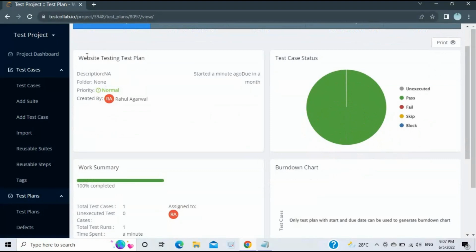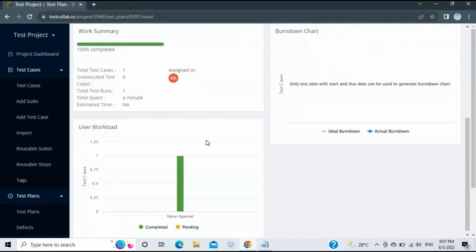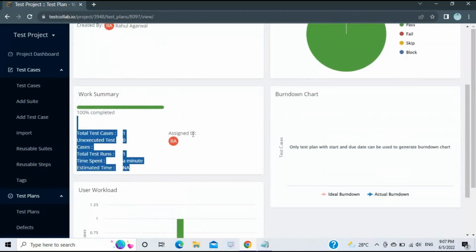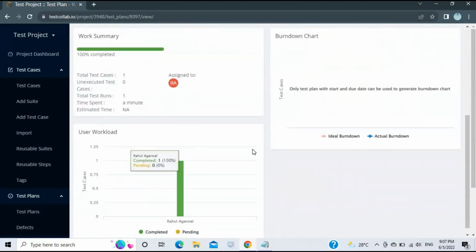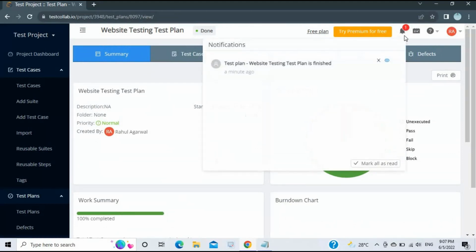right? See here, you can see all the details out here, right? Test case status: 1 passed, and it was completed by whom? By Rahul, right? So the UI looks good and promising, and the details listed out here help you to see the summary of your test plan very quickly, right? You'll get a notification as well out here. If you click on this notification, it says test plan, website testing plan is finished, because it has only a single test case, right? You can add 100 to 200 test cases, and as you keep on executing the test cases, it will give you a notification out here,